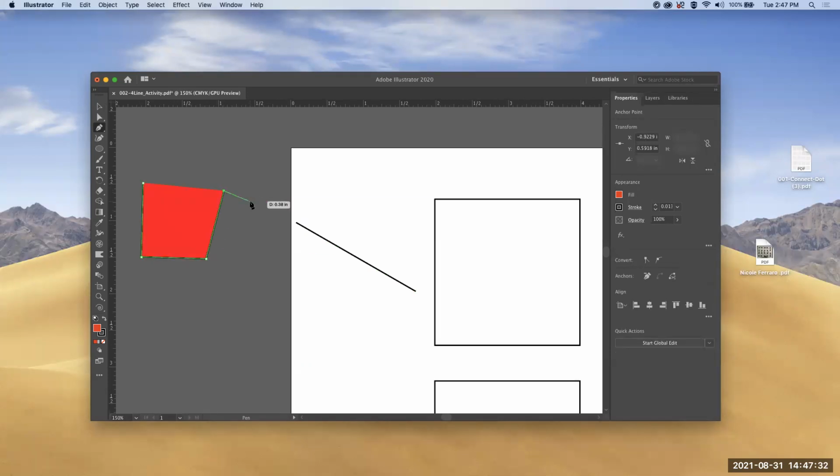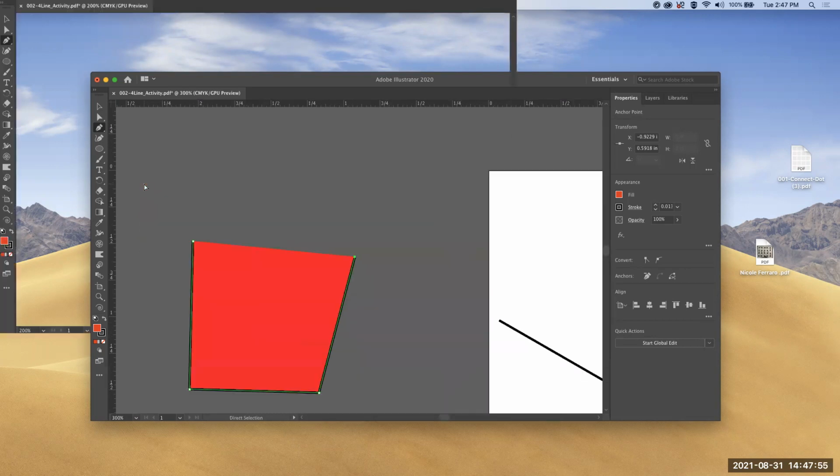Here, yes, I have a fill, but there's no line connecting the beginning and end. So it has a fill, but it's going to be really challenging to work with. I do not recommend working with just open paths at all. It limits what you can do with your shapes. So do you see how when I bring this path and I close it and in there, what pops up